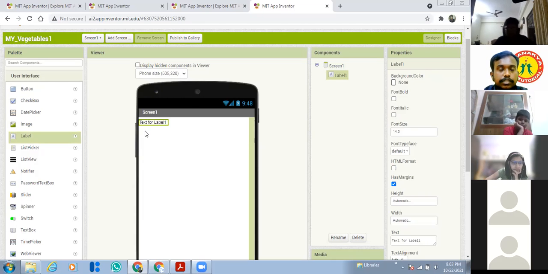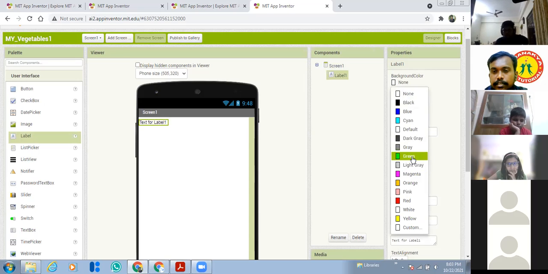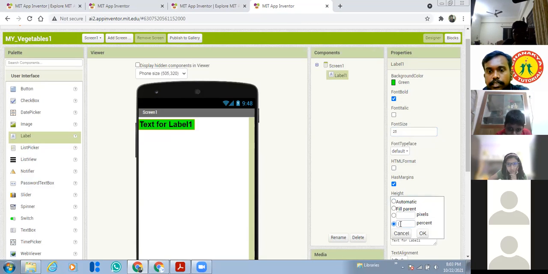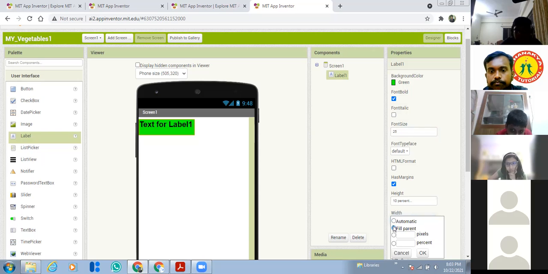Now I'm going to set the properties for this label. I'm going to set the background color to green, font bold, and the font size as 25, and the height for that label as 10%, and the width as fill parent.